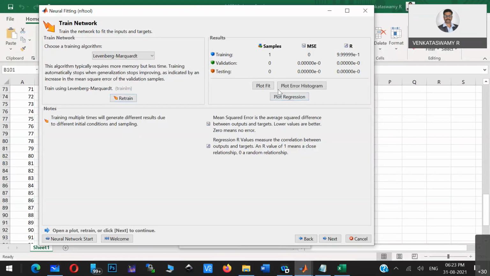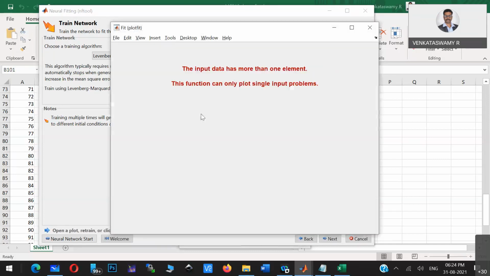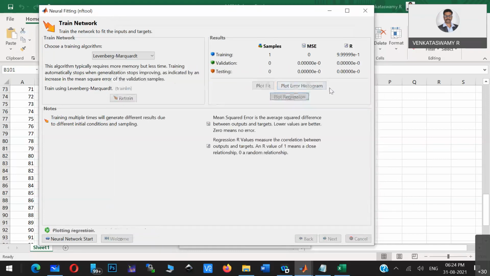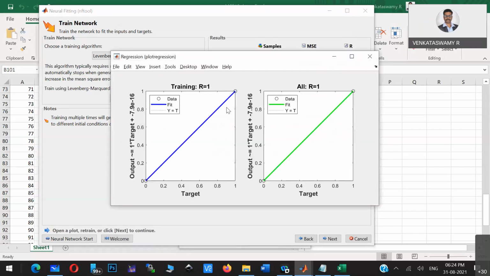So here it is taking less. And now here you see, it is calculating. You can see samples are there, and it is trying to learn, and you can see the fitness graph. Sorry, it is trying to create a regression.